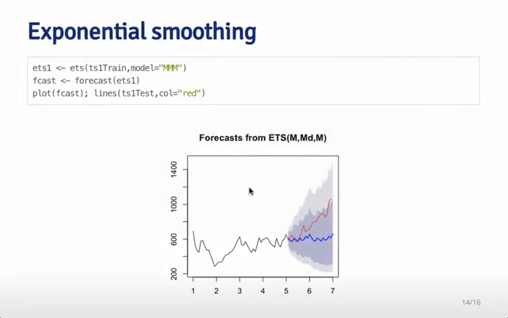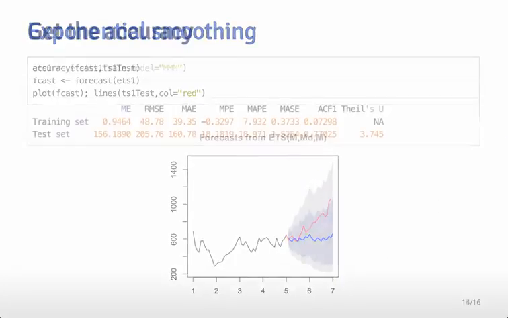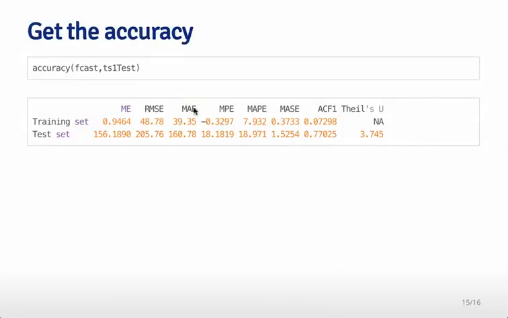For exponential smoothing, you can fit a model where you have different choices for the different types of trends that you might want to fit. Then when you forecast, you can get a prediction that comes out of your forecasting model, and you can also get prediction bounds for what are the possible values that you could get from that prediction. And you can get the accuracy using the accuracy function. You can basically get the accuracy of your forecast using your test set, and it'll give you root mean squared error and other metrics that are more appropriate for forecasting.